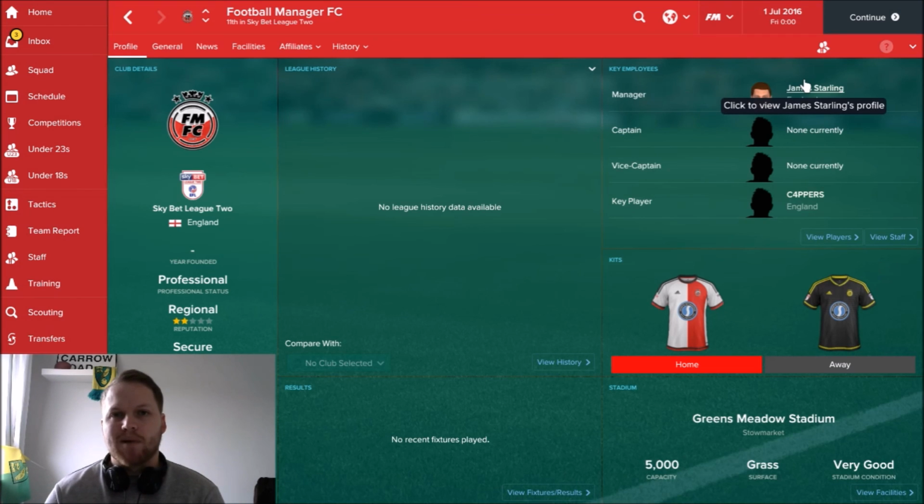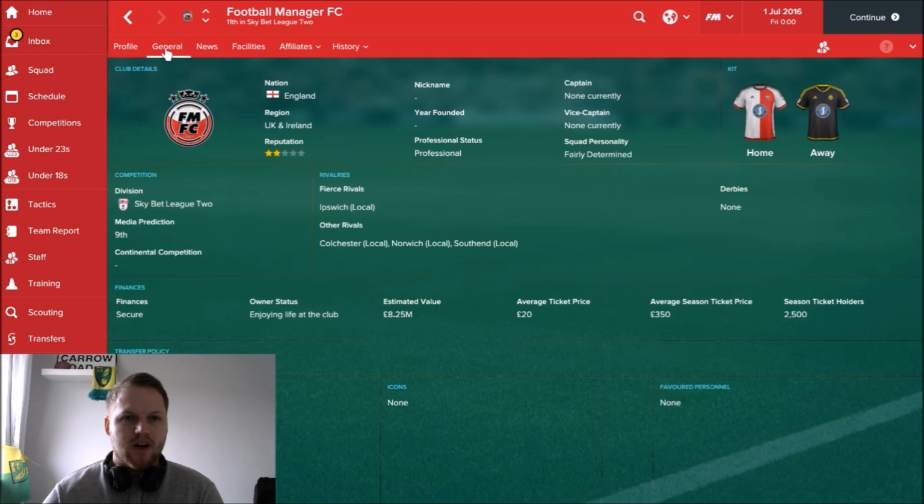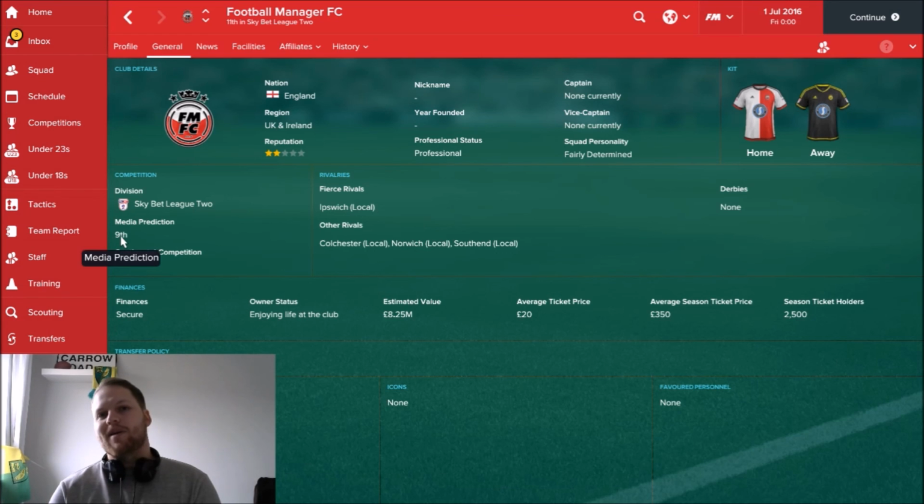I haven't even looked at any of the players, so I don't know what the stats are like, but according to this, Cappers is our best player. Nicely done, mate. But yeah, Greens Meadow, 5,000 capacity, very good stadium conditions. In terms of general on here, it says that our main rivals are Ipswich, Colchester, Norwich and Southend is our other one, so very, very happy with that. A media prediction of finishing 9th. Well, I'm going to be aiming a lot higher than 9th. That's no way near good enough for some of these players, but